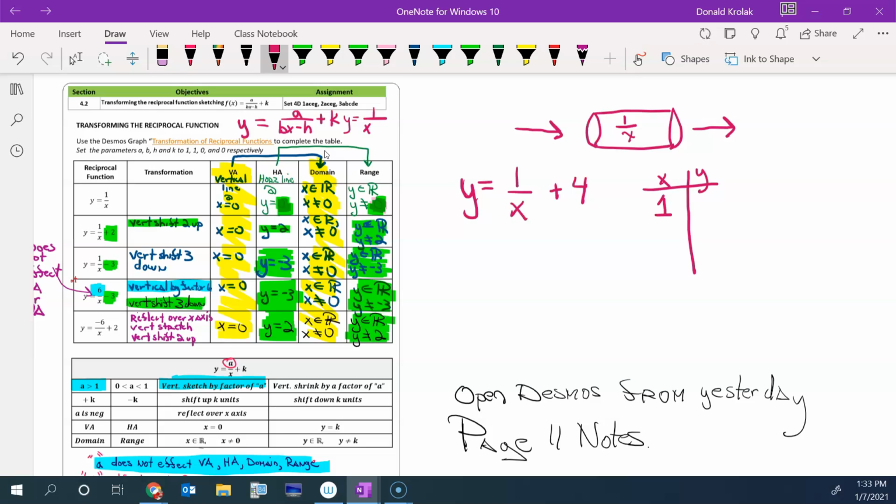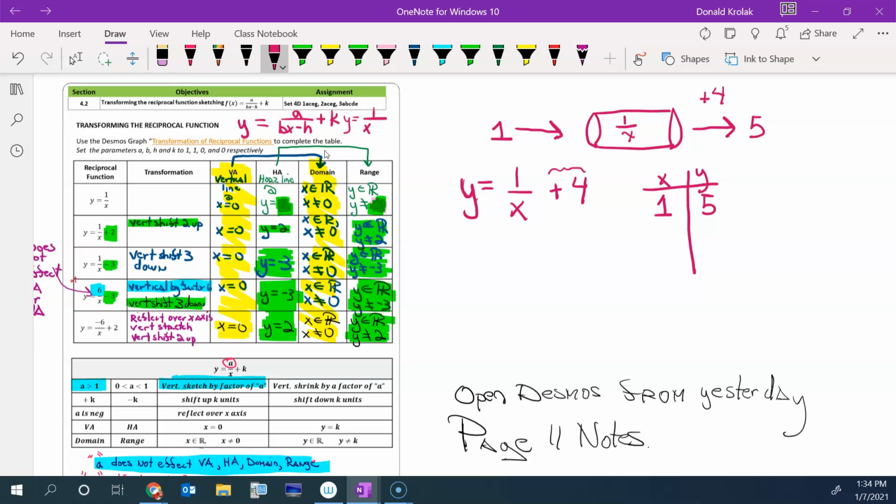So 1 is going to be your input. 1 goes in, it gets divided into 1, then it comes out, and what happens to it? You add 4 to it. So it goes in, divides into 1, then adds 4, and you get a y value of